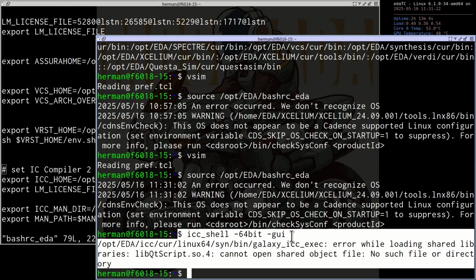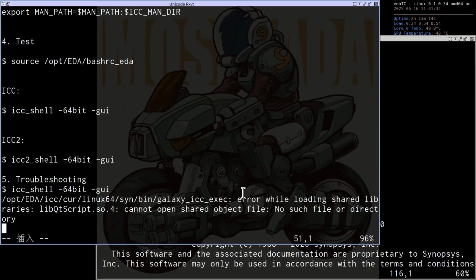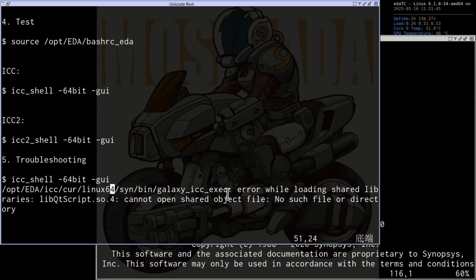So let's try to solve this later. So we have troubleshooting to do. Okay, that's fine. That's not very difficult to solve. Okay, please follow my steps to this error, and I will show you how to solve this problem later.